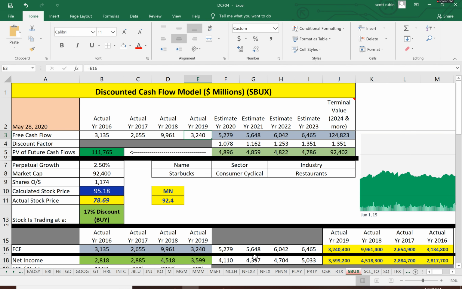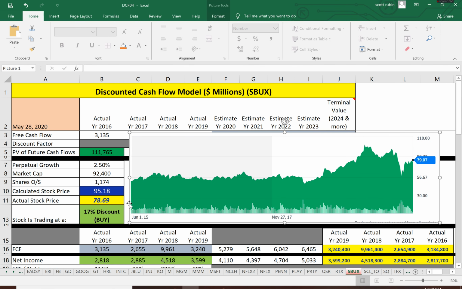And then we calculated that up here, the free cash flows for 2020, 21, 22, and 23. And we did a terminal value, which means future free cash flow 2024 and beyond. And we used a Gordon growth model to do that. And then we discounted those numbers back to today's value. And the value of Starbucks, according to the model, is $112 billion. And if we divide that by 1.1 billion shares, we get a stock price of $95,